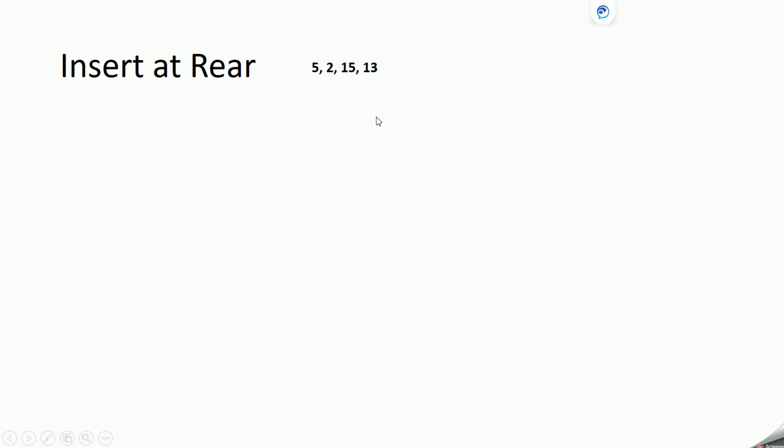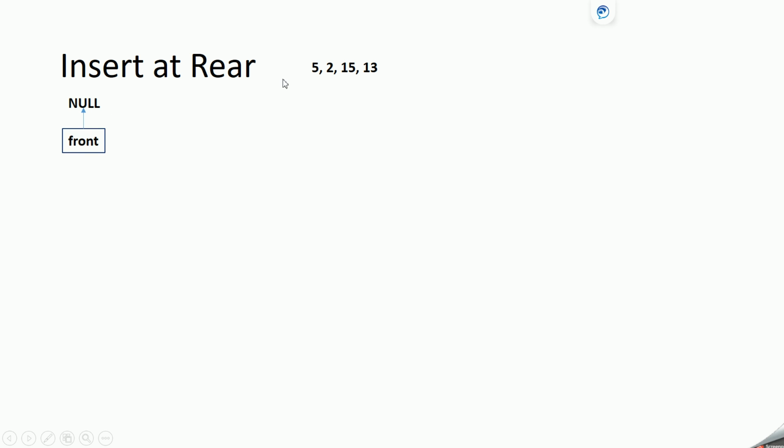We'll first create a queue or linked list by adding an element at the end or rear side of a linked list. We have been given these elements and we have to insert them into the queue or linked list. Initially this is an empty linked list, which is indicated by this null.